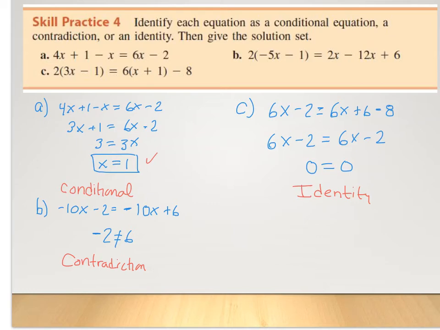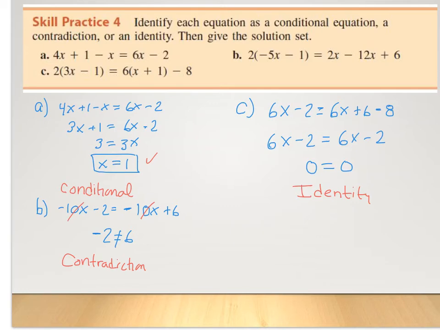In number B, we did the distributive property. We get a negative 10x minus 2 when we use the distributive property on the left-hand side of the equation for B. And then we were left with 2x minus 12x, which ends up being a negative 10x, plus 6. Well, guess what? The 10x's cancel